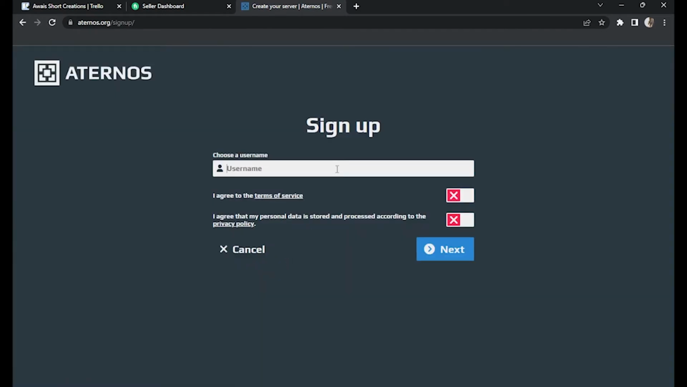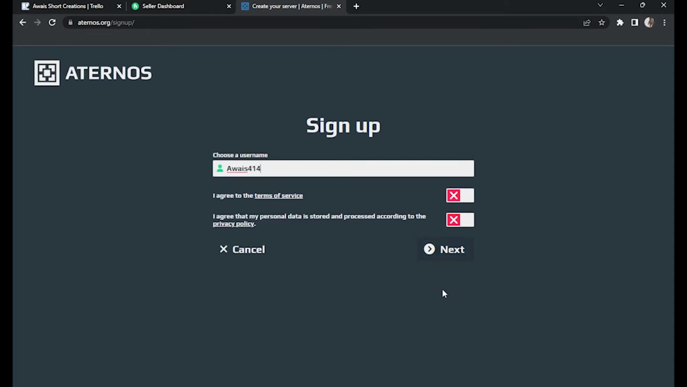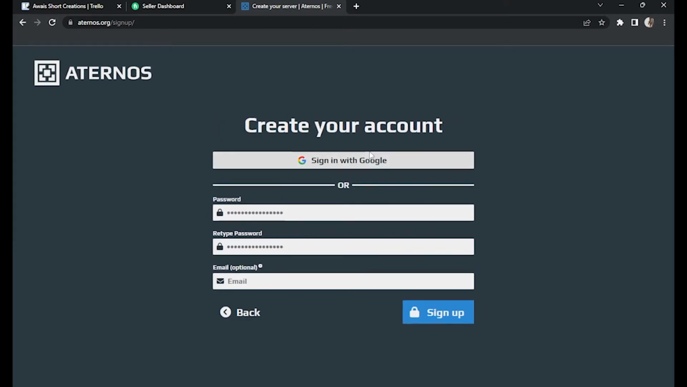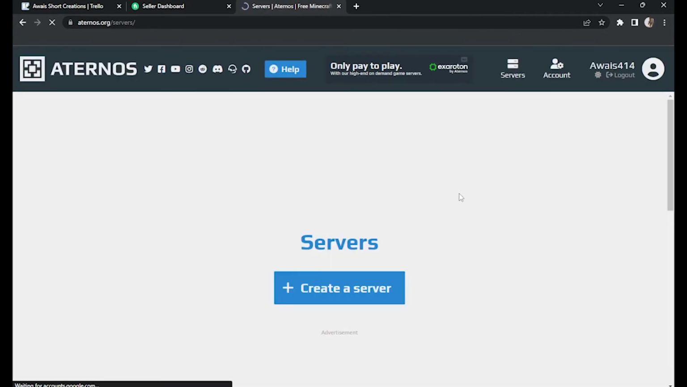And here, put your username and agree to both these conditions and click on next. You can also sign in with Google. So here you have to click on this create a server,